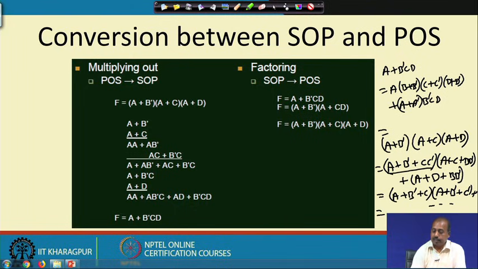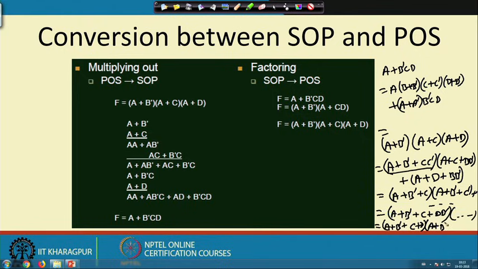So, again this has to be factored out. We have to write the first term as a plus b bar plus c plus d d bar. Again the same thing will happen for the others, and then it will be rewritten as a plus b bar plus c plus d into a plus b bar plus c plus d bar, and so on. So this way you can convert: first you convert from sum of product to product of sum, or product of sum to sum of product, and then if you want to convert to canonical form, you have to expand like that.